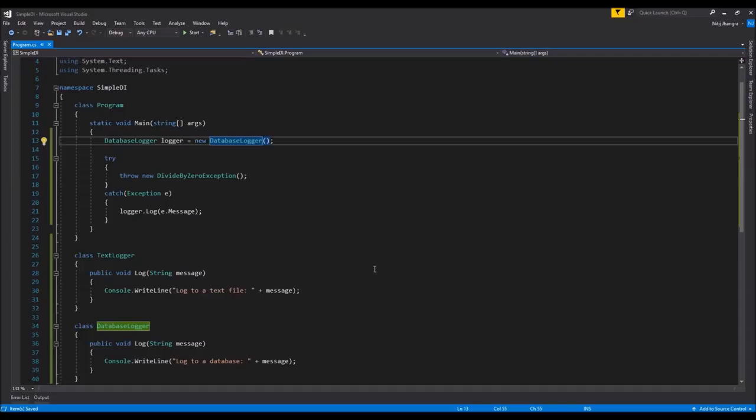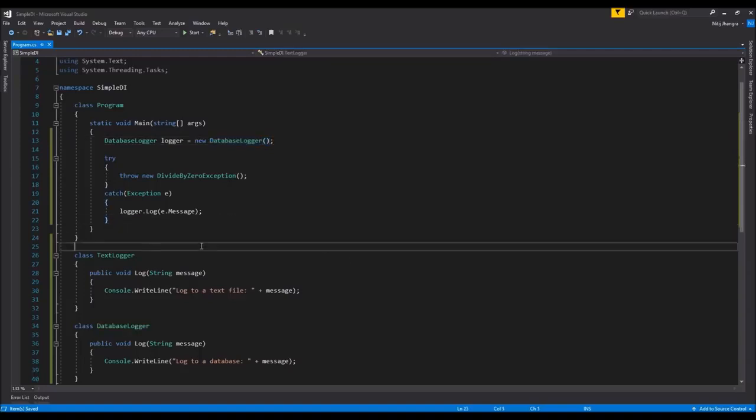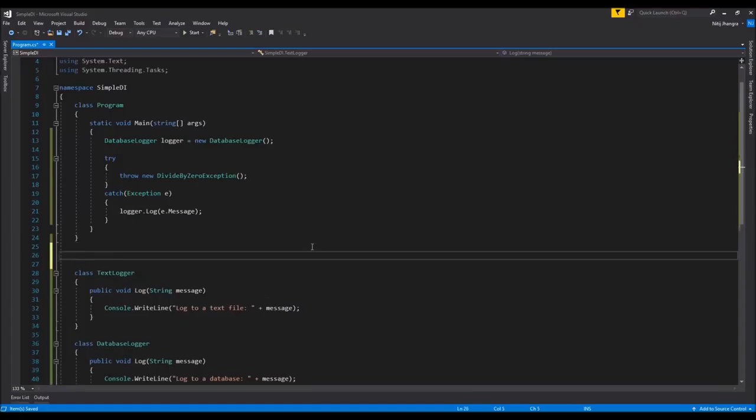So the solution to this problem is to create a mechanism in which we don't actually need to make the change in the code, and we can simply make a change in any configuration file, and the code will be able to read which logger it needs to use, and it will simply work as it will be working without any code changes required. So for that purpose we need two more entities, and the first one is going to be an interface